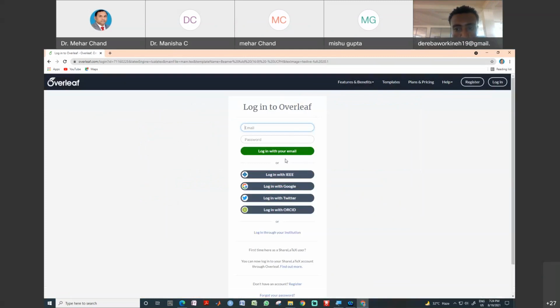Sometimes what happens is that when we are preparing a document, we face problems, so you can edit your document in Overleaf. You have to create your profile here by using your email address, give a password and log in.